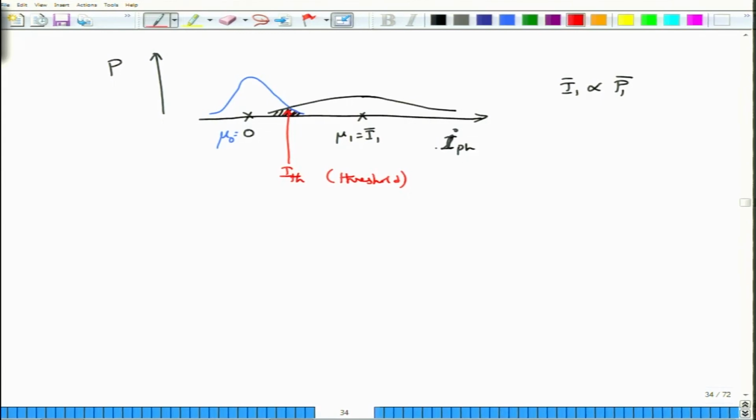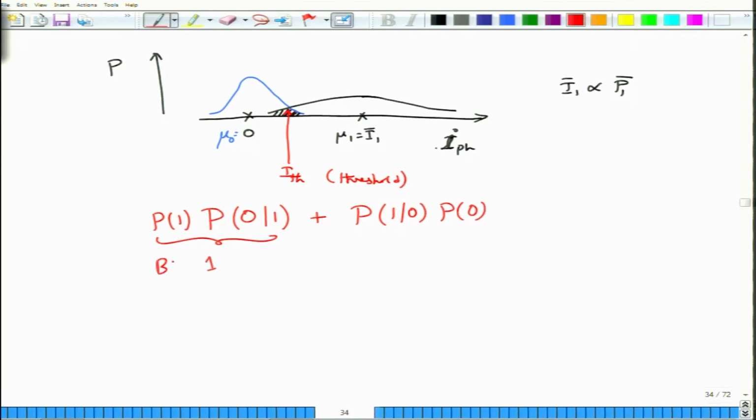Now, when can you make an error? You can make errors of two kinds. You can erroneously decide that a bit is 0, but you have actually transmitted a bit 1, and then you can decide that the bit you received was 1, but you transmitted actually a 0. So, you have two kinds of error, and these errors will have to be weighted with their appropriate transmission probabilities. That is, if you launch 1 with a probability of P1 and then you make an error, you get error of thinking 1 as a 0, this would be the probability of error when you launch 1, but you erroneously decide as 0. So, this is sometimes called the bit error probability for 1.